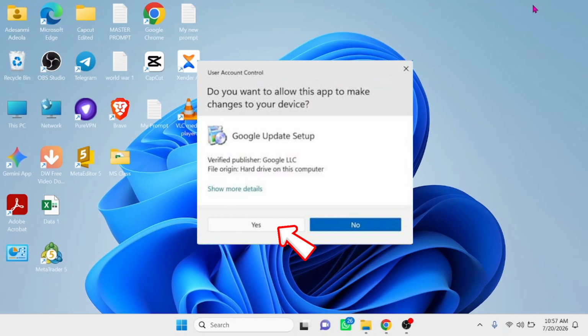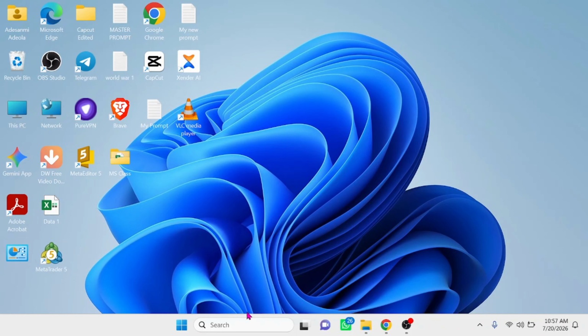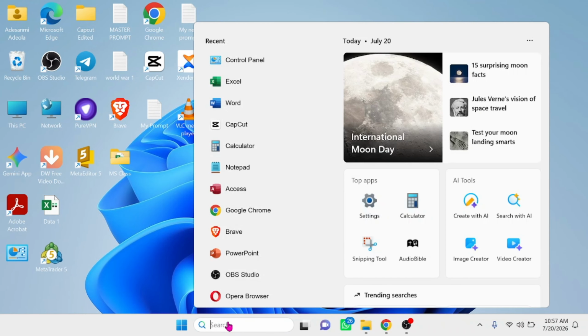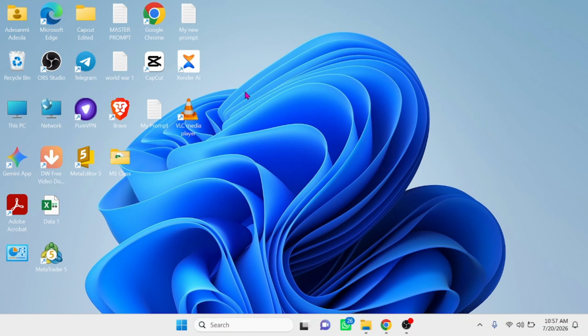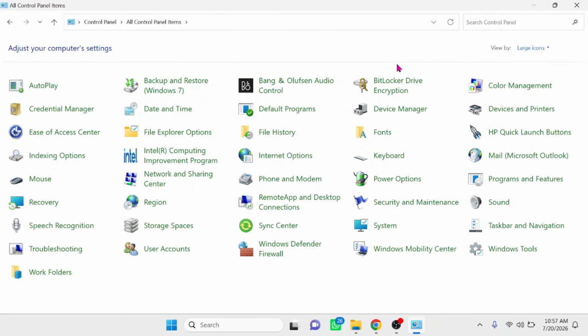How to disable user control on PC. Come to this place, type in control center, click on it and open it. Now if you have something like this where you have this large icon, click on this arrow at the front